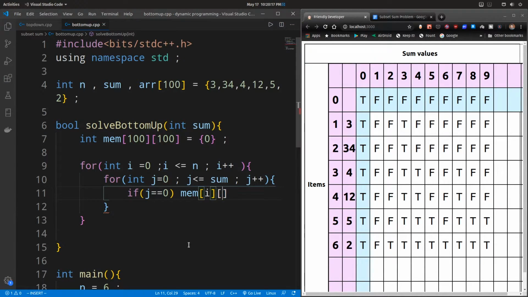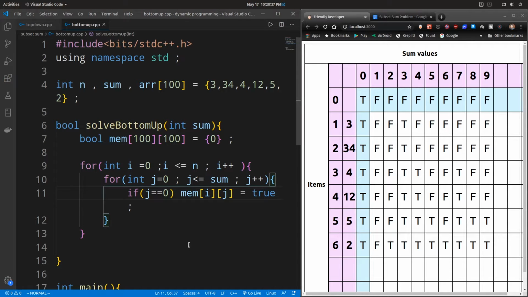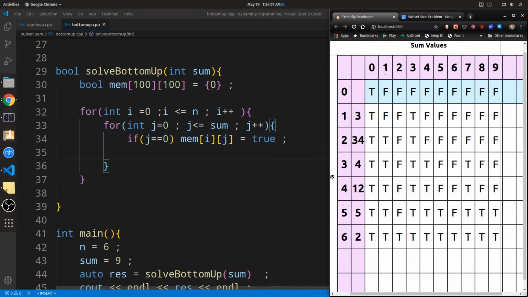So we store the table cell value as true. That means 1. It's better to use a boolean here, so we just store true. When we are at the first row, we are considering a subset with no elements, so you can never make any subset that can sum up to these sum values.